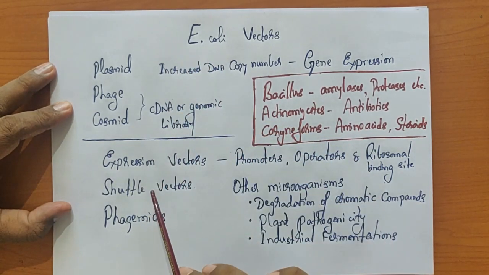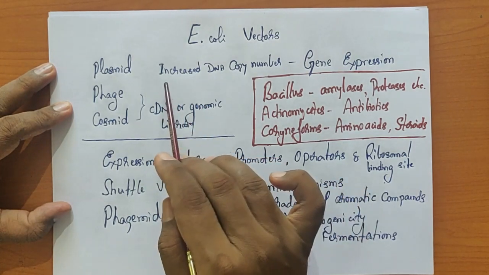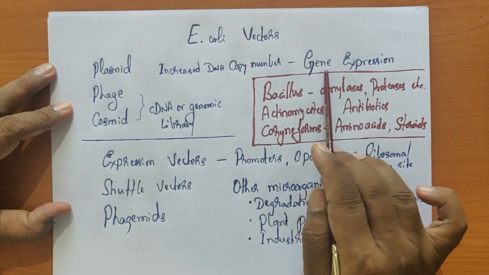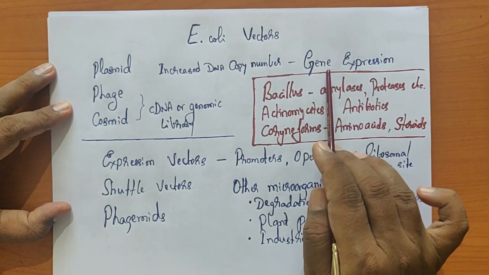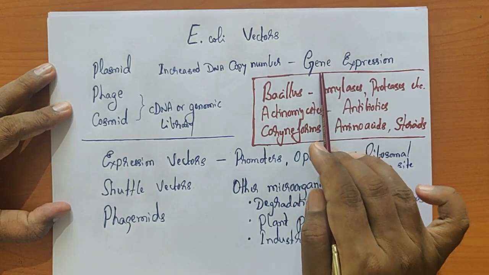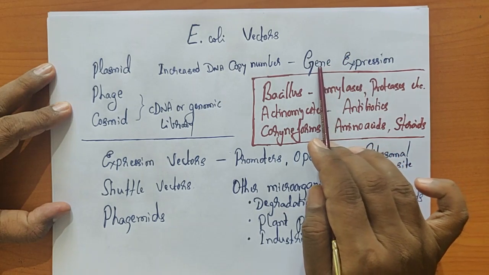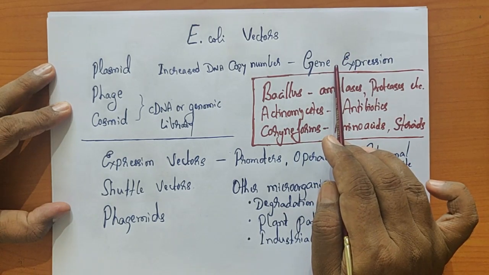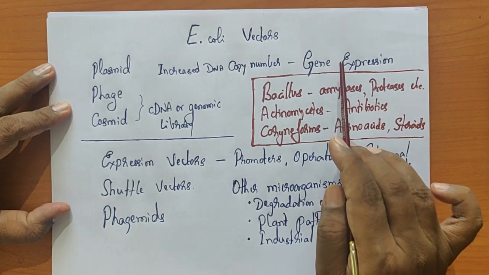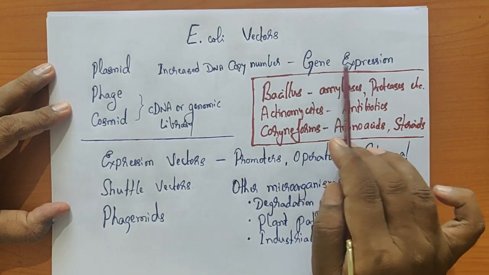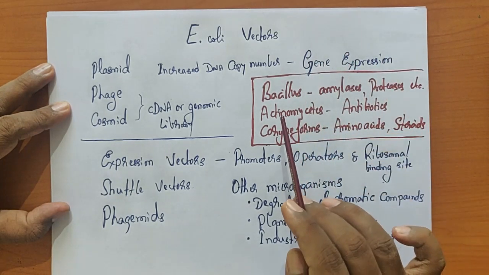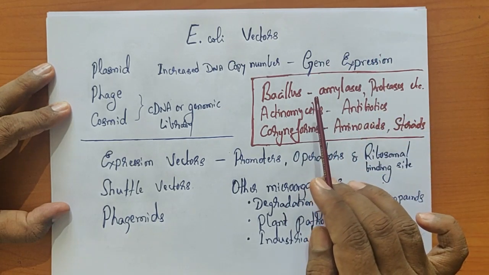Now the next level is, instead of inserting a DNA of our choice, can we introduce a whole gene, either a complementary DNA? Using that DNA, instead of just multiplying the copies, can we have transcription, in which we can try to understand the mRNA level? Another one is translation. So the inserted gene should undergo expression. It should synthesize mRNA, and from that it has to synthesize a protein.